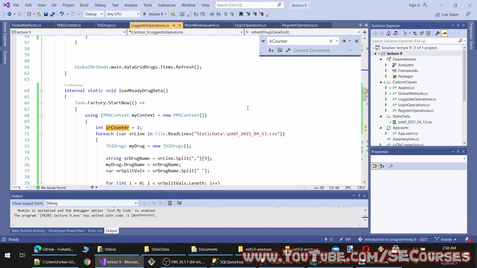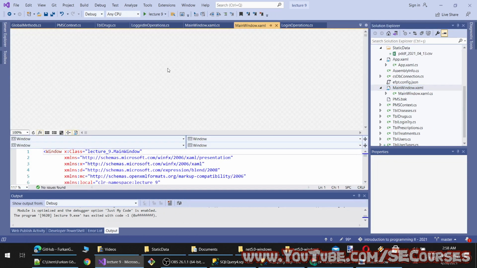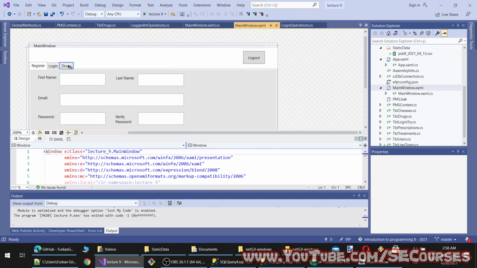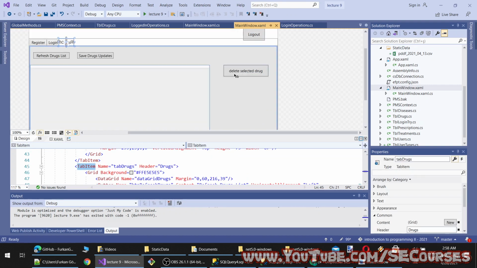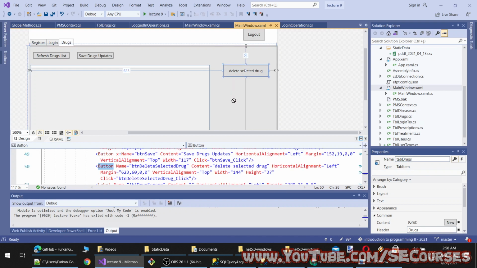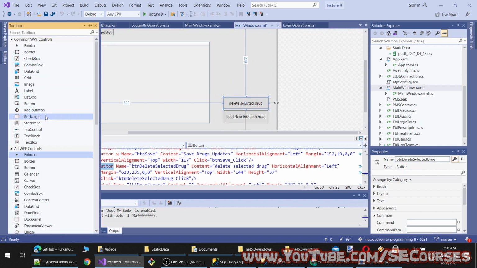So we need to add filtering options. Let's start adding them. First, we should add some sorting, such as sort by, let's say, sort by milligram or sort by name. We can do each of them. So let's add two sorting options. Okay.